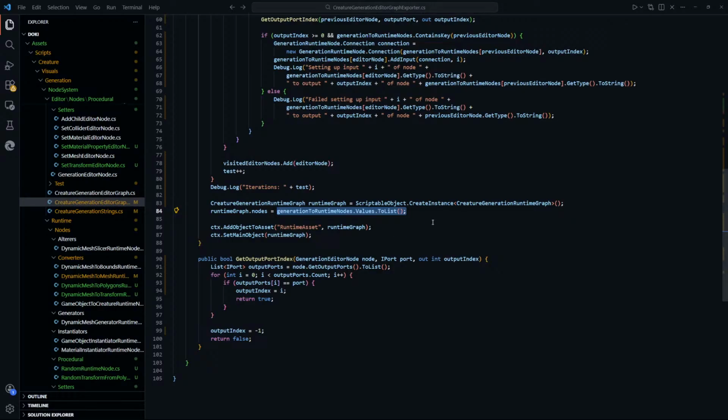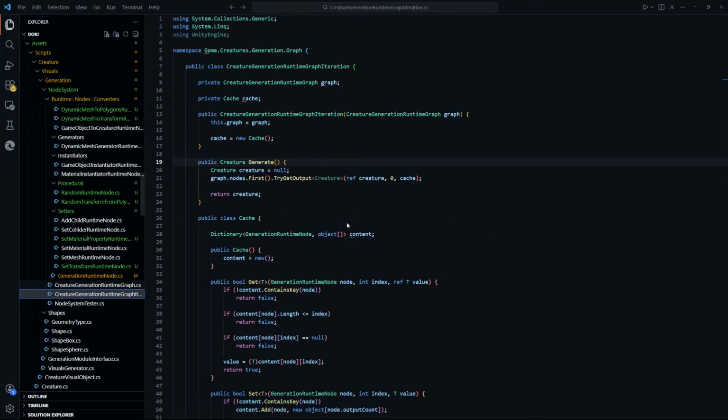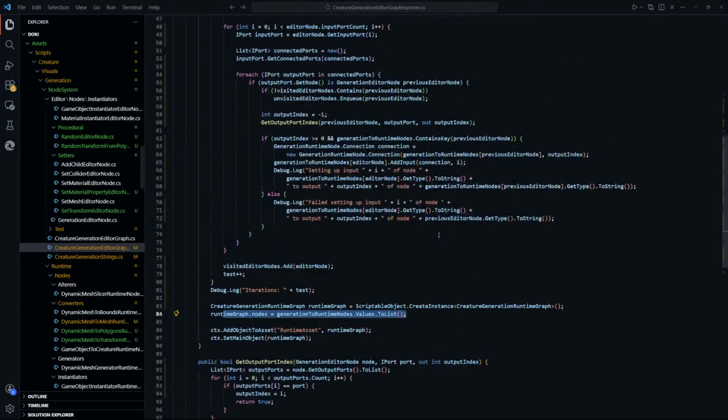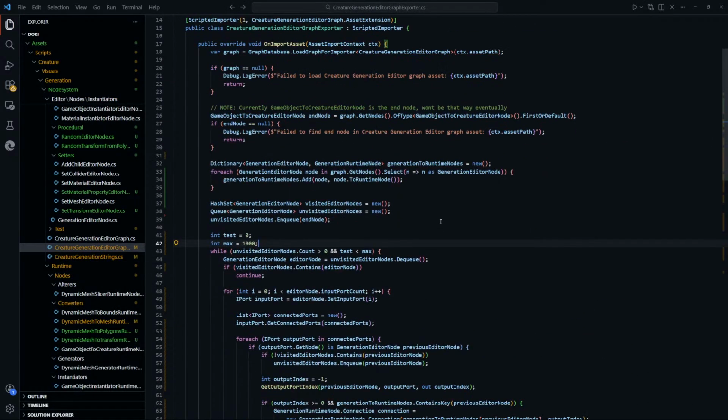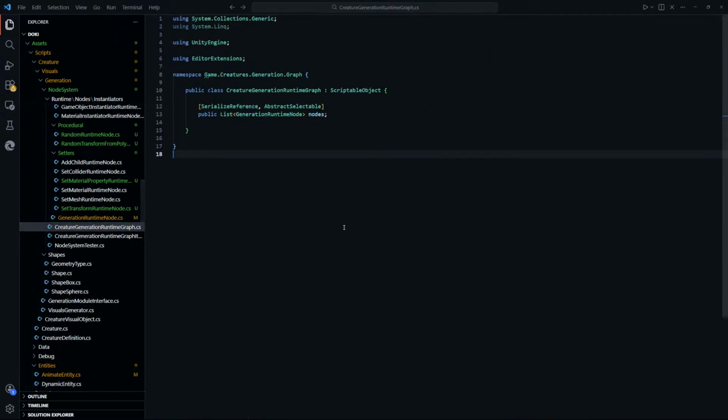we get the first one, the one we added first, I guess, in this specific case, as the first index node. And when we try and run the graph, the first thing we do is we get the first node and we try and get output creature. This time around, however, we added them in a little bit of a different order. So the first node is not the game object to creature node, and we fail. So what we can do as a quick fix, just to make sure that this is the issue in question, is